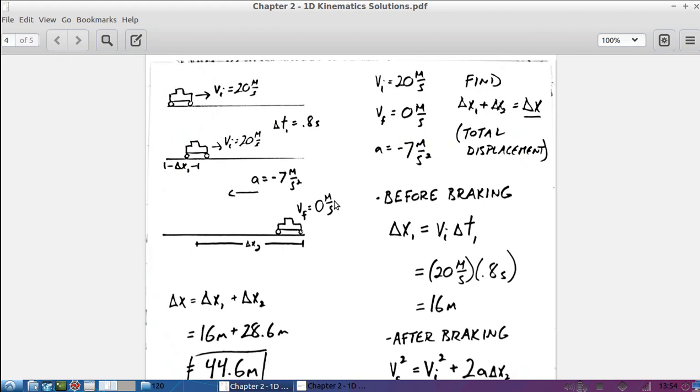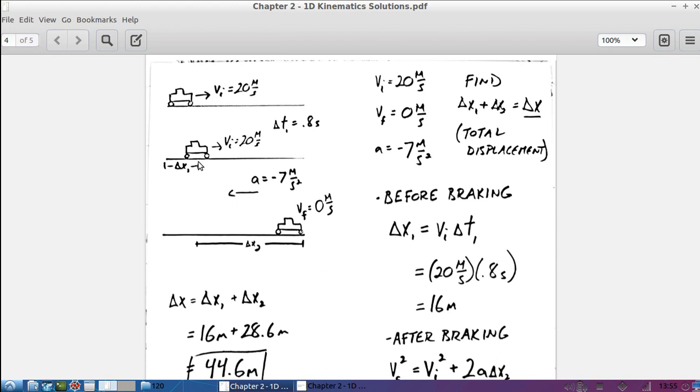So what I did, I solved for the displacement of the car prior to it braking first. All right. So I'm concerned with the 0.8 seconds that the car travels at a velocity of 20 meters per second. So I kind of drew three pictures. Okay, this is t equals 0. This is when the car is moving at a velocity of 20 meters per second. This picture is after the 0.8 second time interval where the car is traveling at a constant velocity before the